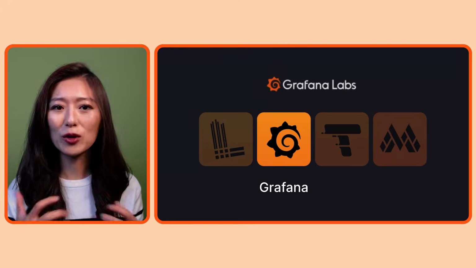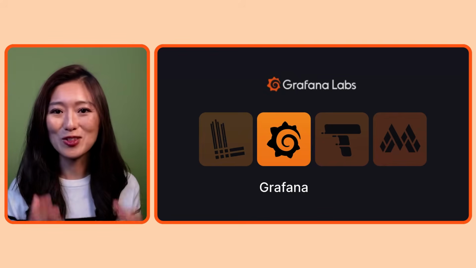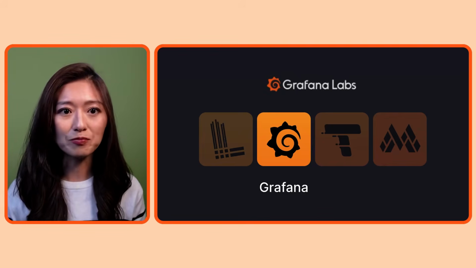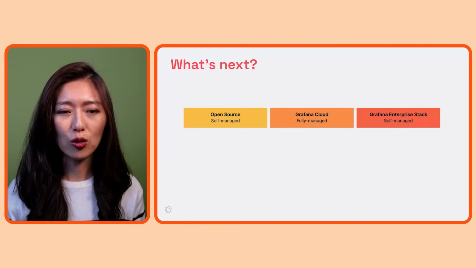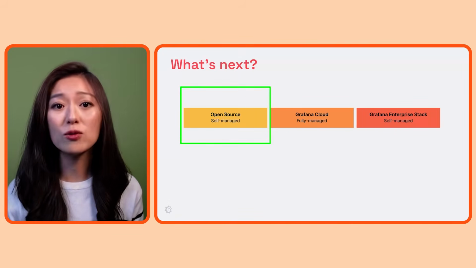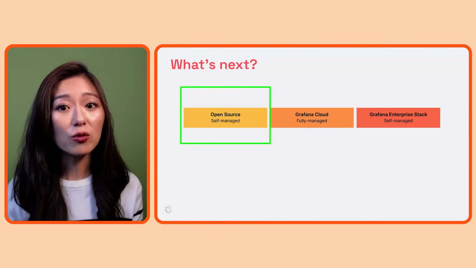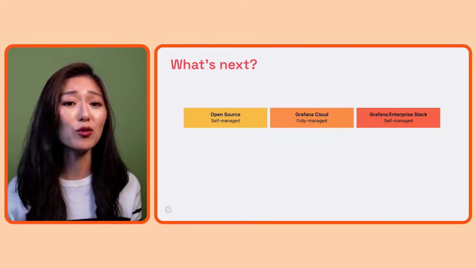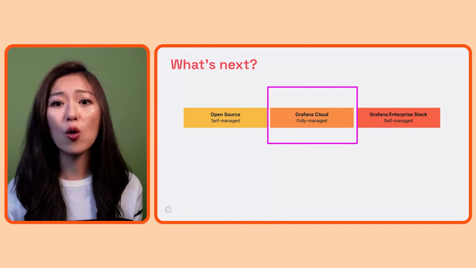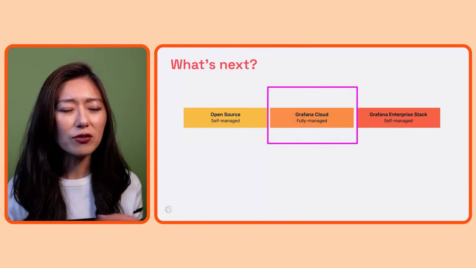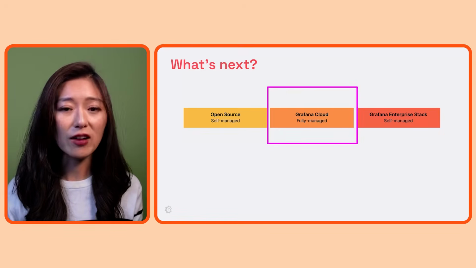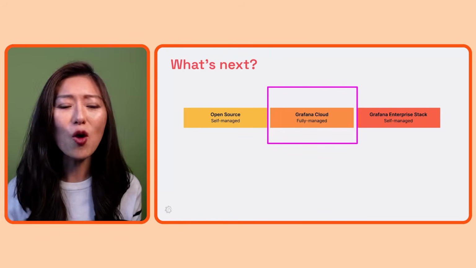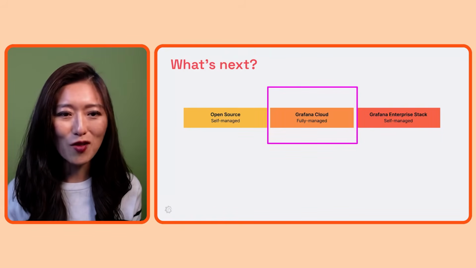Throughout the series, we'll be learning how to get started with Grafana, the visualization tool. As a first step, we'll cover how to deploy Grafana. There are three ways that Grafana can be deployed. You can always go with the open source route, where you'll install Grafana locally and manage it yourself. Now, if you want Grafana to be fully managed for you, then you would go with Grafana Cloud. This is often the easiest way to get started, and there's a forever free version of it. So I often recommend it to people who want to explore what Grafana has to offer.